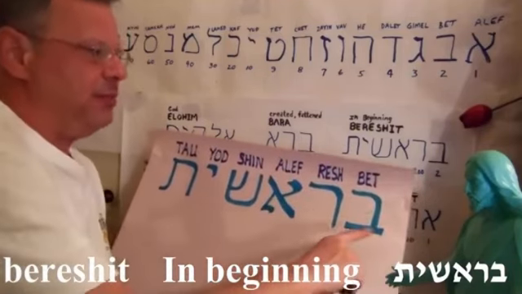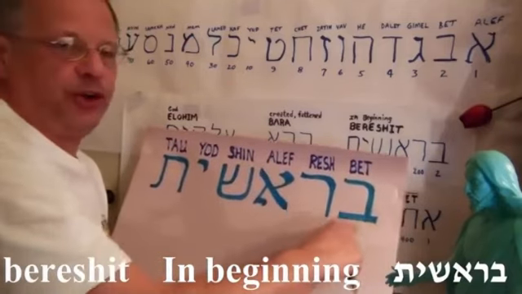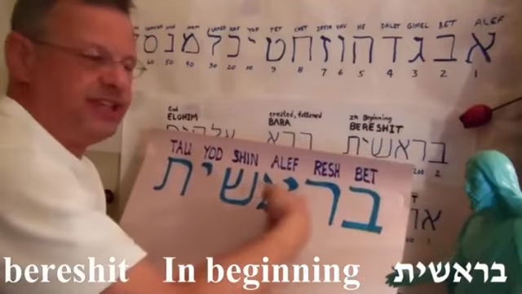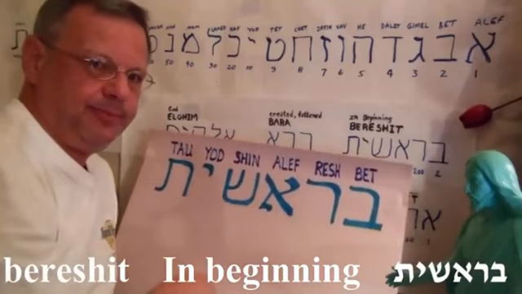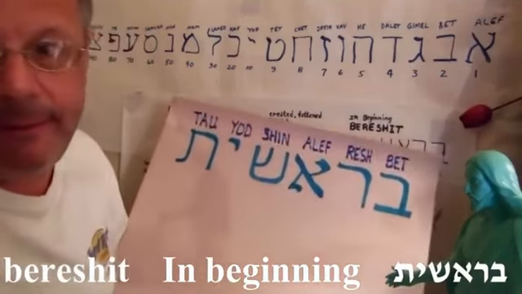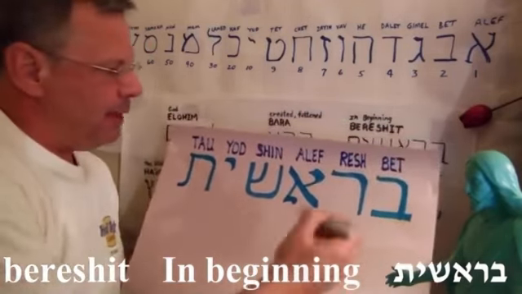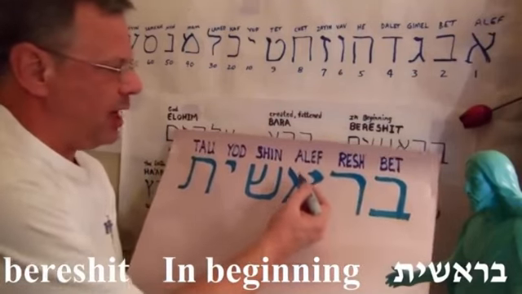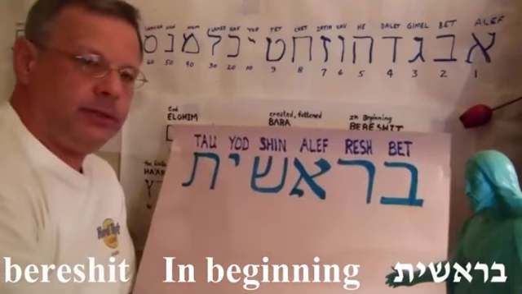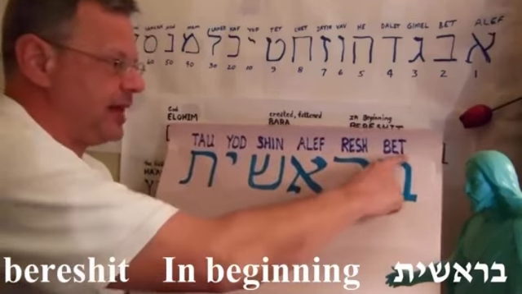Interesting. And even the shape of the beit, notice it's closed to heaven above, it's closed to earth below, and it's closed to infinity past, but it's open to the future in the direction that God reads. Pretty cool, huh? Anyway, so this is Bereshit. R is Ra, Resh, Aleph, Ah. The Sheen, it's a Sh sound. Yud, Ya. And the Ta is the T sound. So you sound it out. Bereshit.